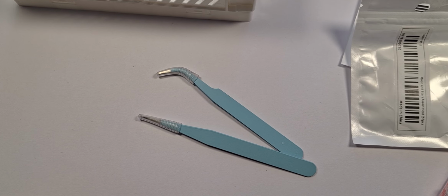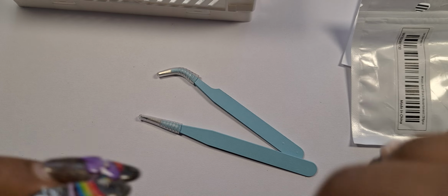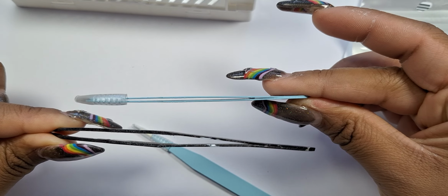See, I thought I lost them. I found them. Because my mom always uses my nail stuff, and it's frustrating because she never puts it back. But anyway, as you can see already, with lengthwise, that's not really a big deal, but I do have big